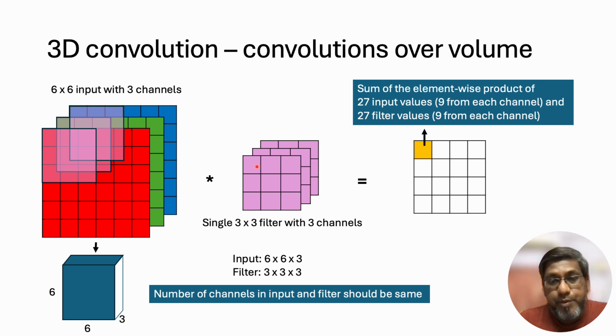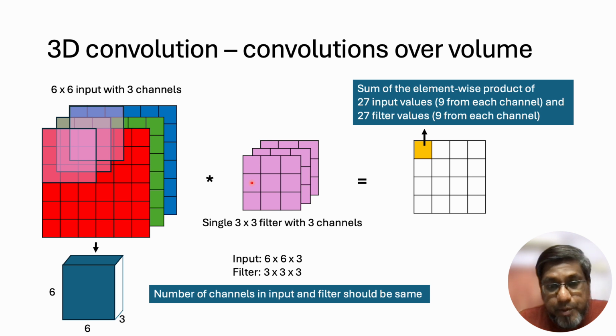And how do we compute the output? The size of the filter, which is in this case 3 by 3, determines the size of the window that will be used for the convolution. Because we have the filter size as 3 by 3, we use a window size of 3 by 3 in the input image. So we have a 3 by 3 window for the red channel, a 3 by 3 window for the green channel, and also a 3 by 3 window for the blue channel. So each of the channels has a window whose dimensions are the same as the dimension of the filter,